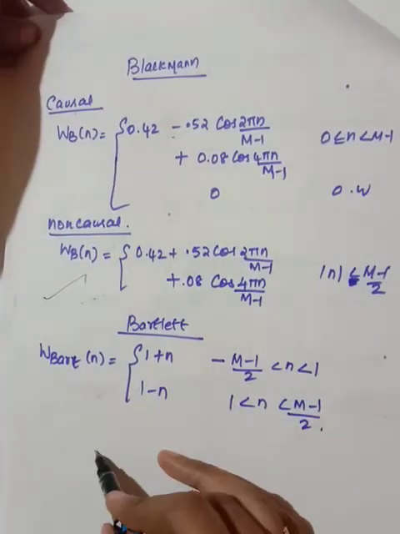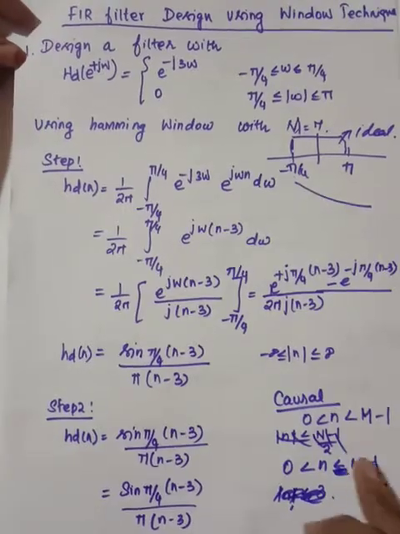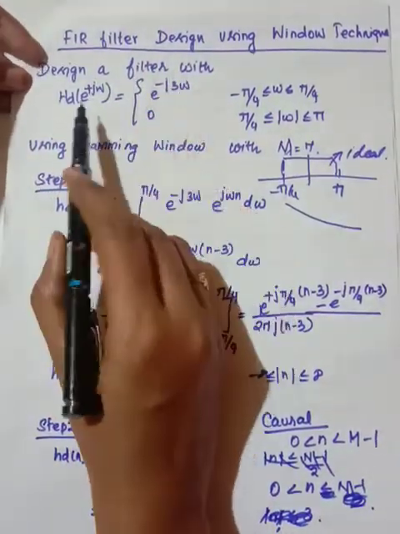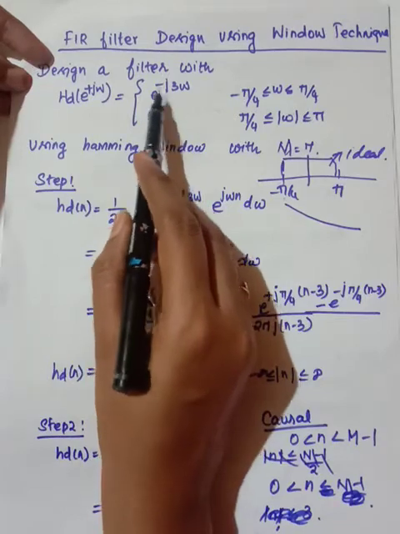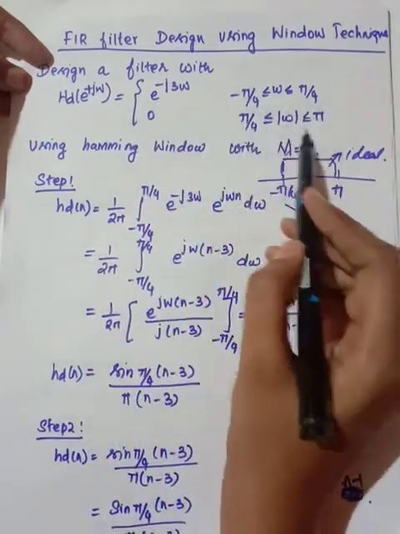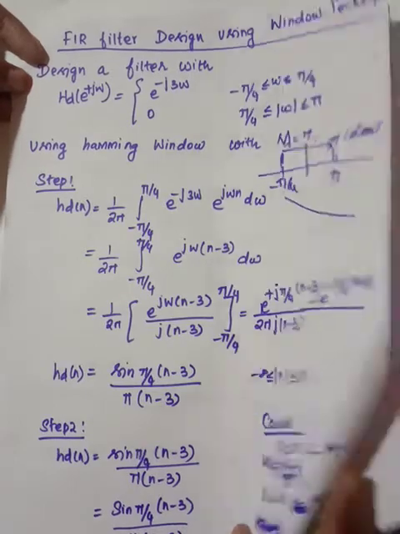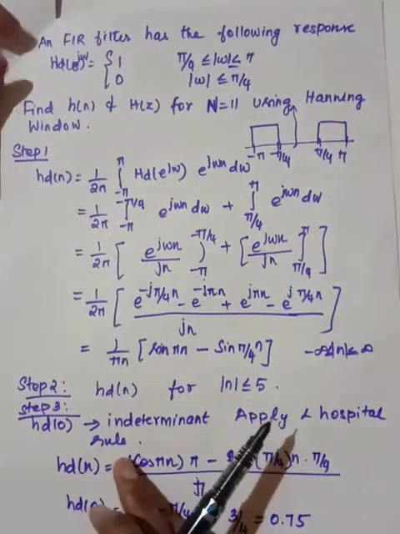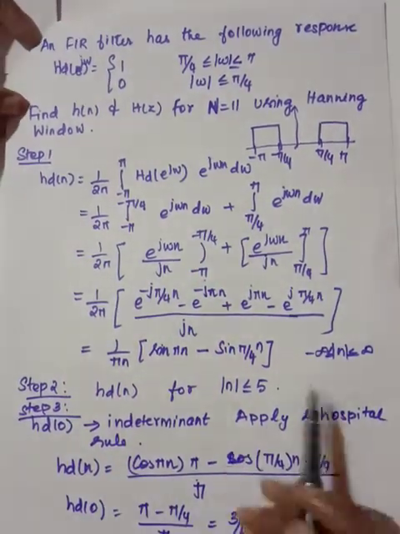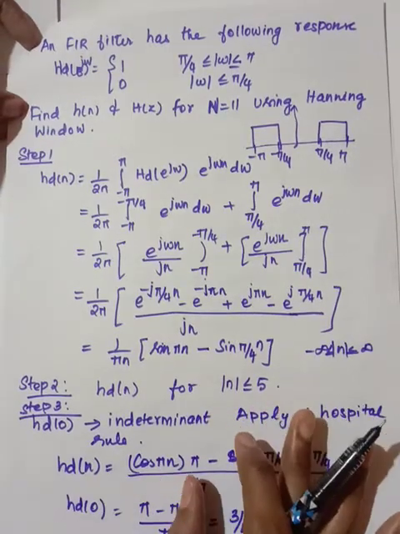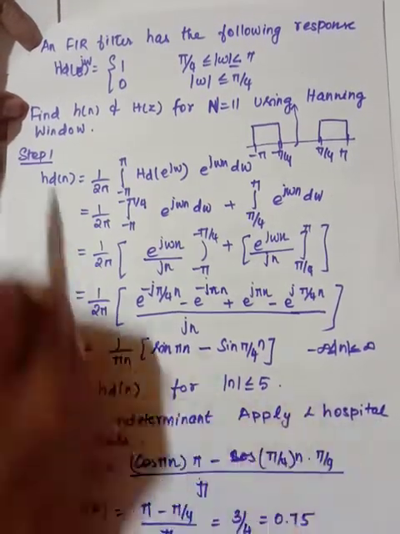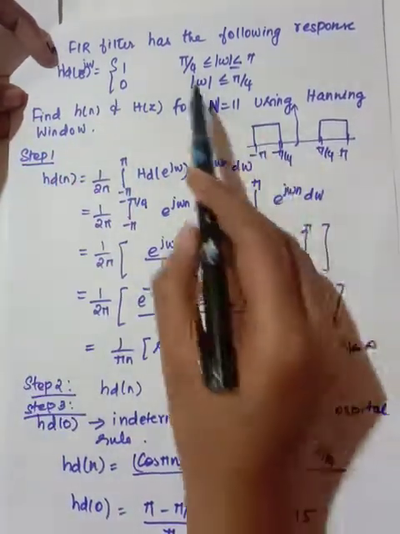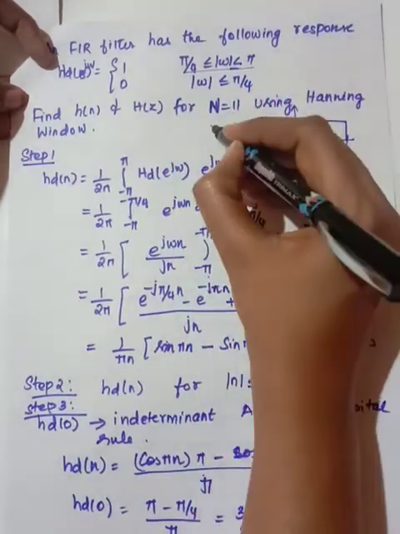So there is no need to worry about the Bartlett window. We will see the first problem here. The problem is to design a filter with H_d(e^jω) = e^(-j3ω) over a given range. I will first explain with this problem, then you will be able to understand similar problems. This is a similar procedure to what we did for the Fourier series method. H_d(e^jω) is given, and here both sides are there, we are finding for both sides, so it is non-causal.